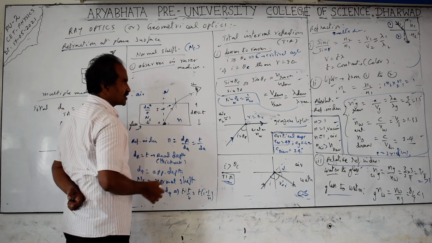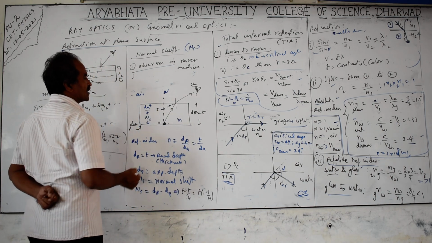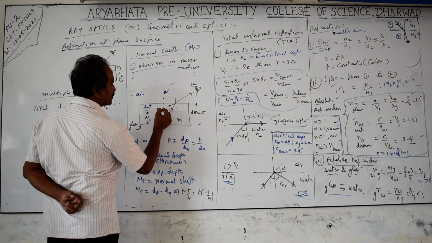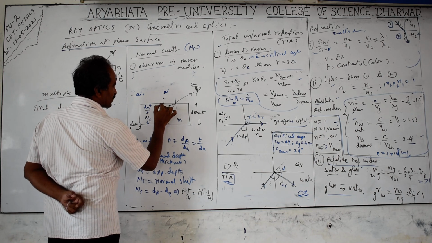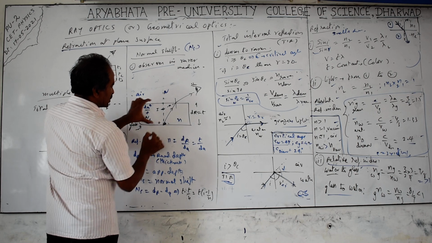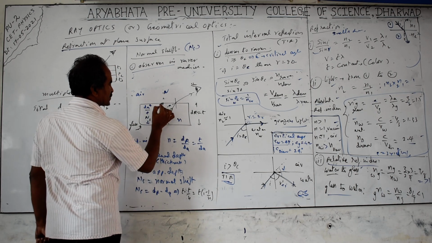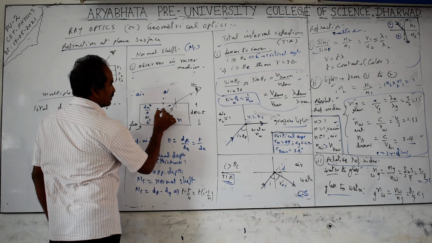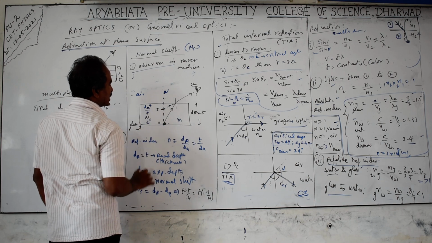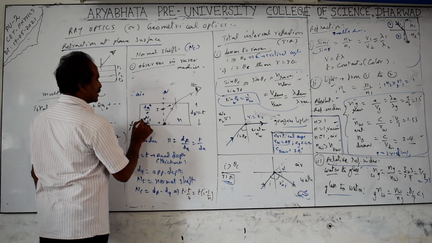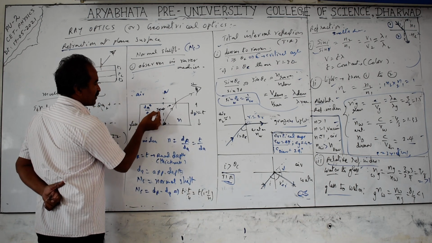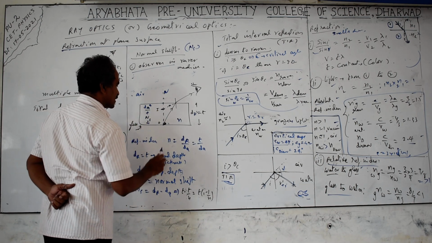That is what we call an image. It is not a real one, it is a virtual one. So we notice that the image is observed here, and we think that the object is here only. The distance from the surface to the actual object at the bottom is called the real depth. But the distance from the surface to the image where you are seeing is called the apparent depth. The symbol is d subscript A. Real depth is d subscript r. And the distance it appears to shift upwards is called the normal shift, NS.